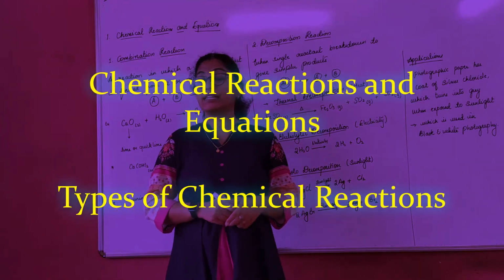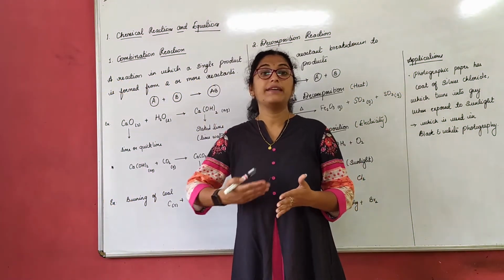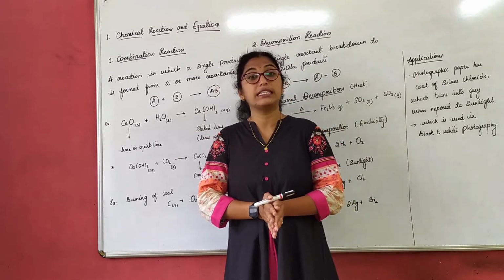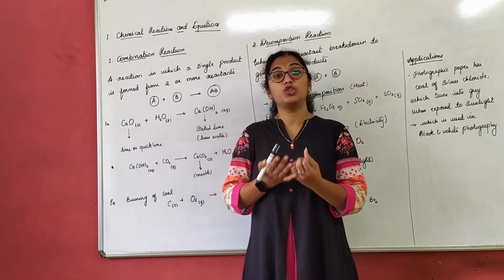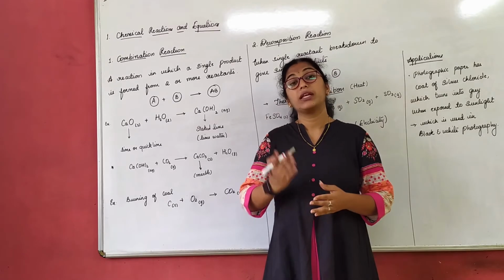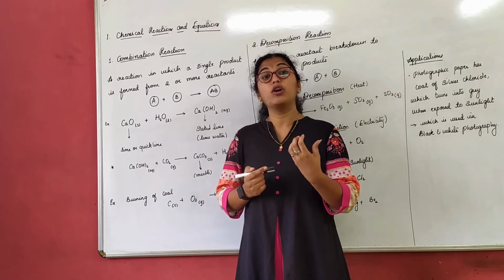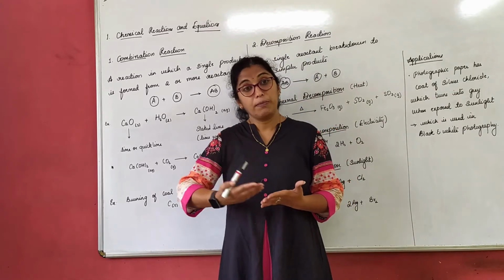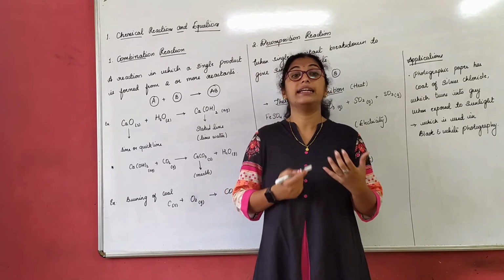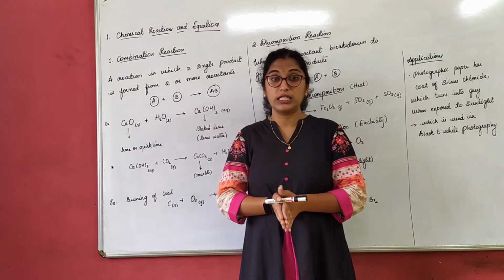Good morning. So we'll start session 3 on the chapter chemical reactions and equations. In our previous class, we understood what is a chemical reaction and what is a chemical equation. Why one should balance the chemical equation, we understood in our yesterday's class. Then we concluded our class by discussing the 4 types of reaction: combination reaction, decomposition reaction, displacement reaction and double displacement reaction. In today's class, we will study about these reactions in detail.